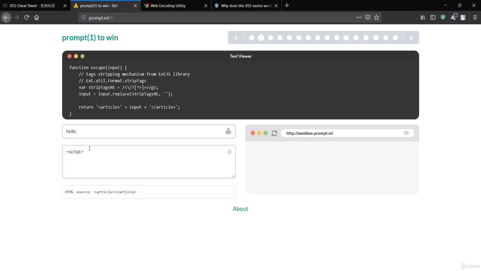That means there is something to do with this script. If I make an image tag and close it, it is also invisible. So we need to do something to make this visible, and here comes the SVG onload method. It is very important.